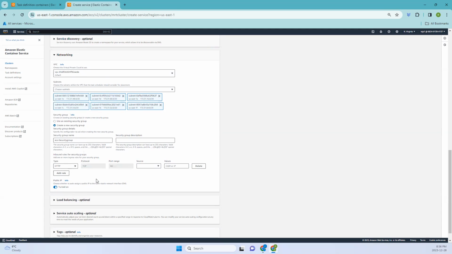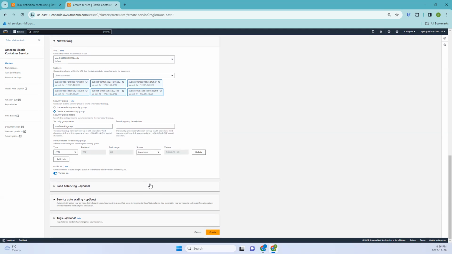HTTP. So by default, we have TCP and the port range. And coming to the source, it's from anywhere. So if you want to have a custom one, you can have it. But in this case, we'll be having anywhere. So once it is done, the final step is just to create the